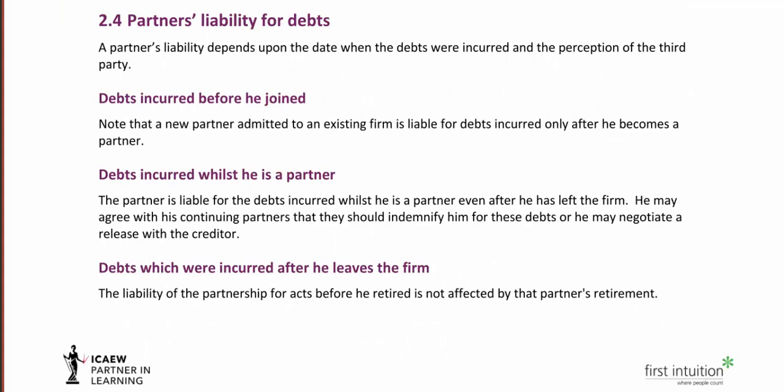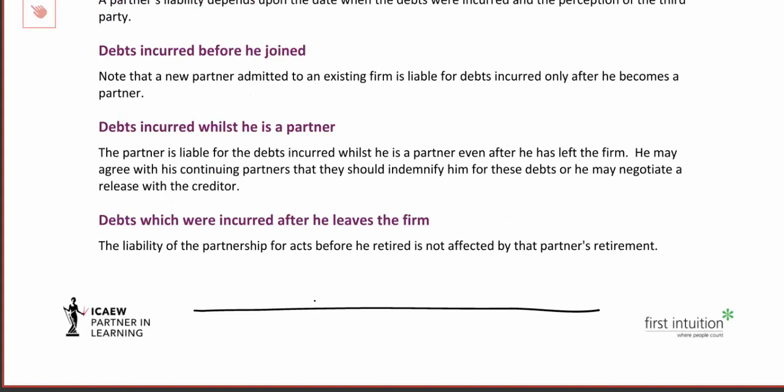So in this section, we need to look at the partner's liability for the partnership debts. So let's draw a little timeline here. Let's assume that our character joins the partnership here and leaves the partnership here. Now, he's not going to be liable for anything which happens before he joins the partnership, unless he actually signs some sort of agreement or undertaking to accept pre-existing liabilities. Anything that happens whilst he is a partner, he's clearly going to be jointly and severally liable for. So he'll have to contribute to any debts that are incurred whilst he is a partner in the firm.